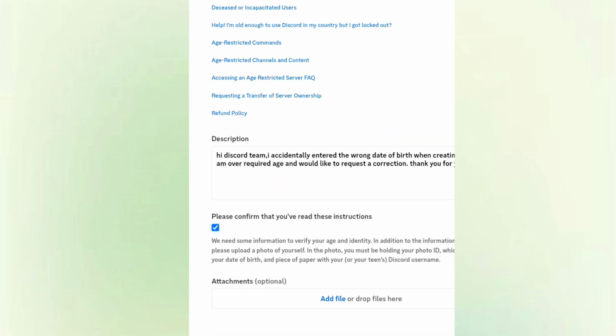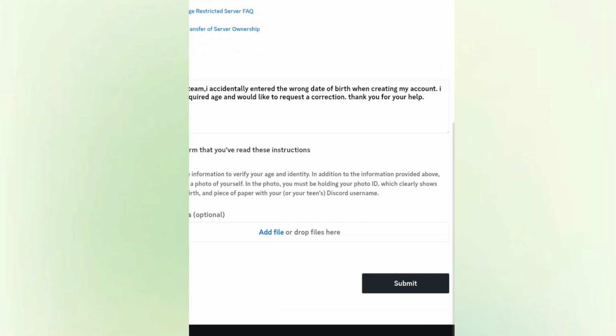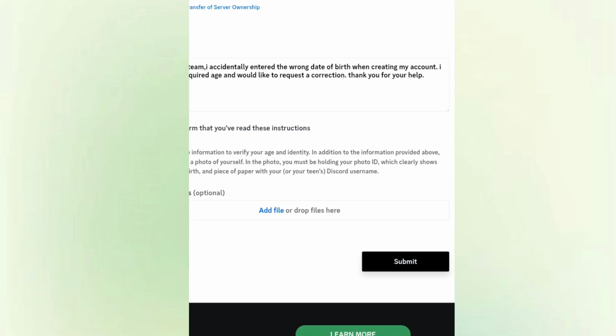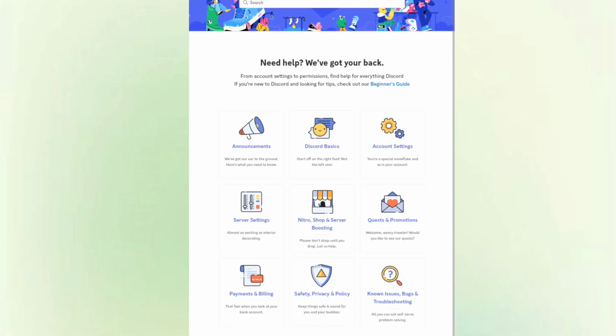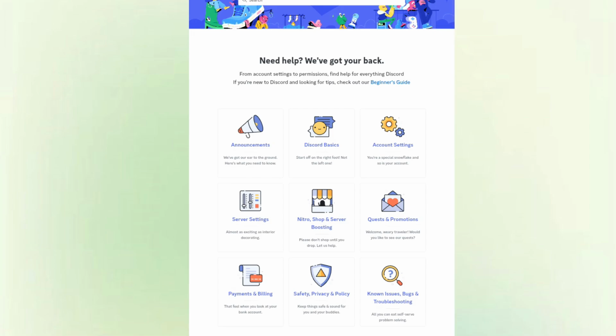Click Submit. After submitting the form, you'll need to wait for a response from Discord's Trust and Safety team. Usually, they'll get back to you within 1 to 3 business days, though it might take longer during busy periods. Make sure to check your email inbox and spam folder regularly for a reply. If your request is approved, Discord will update your account's age to reflect your actual birthday. And that's it. By following these steps, you can successfully update your age on Discord the right way, through the